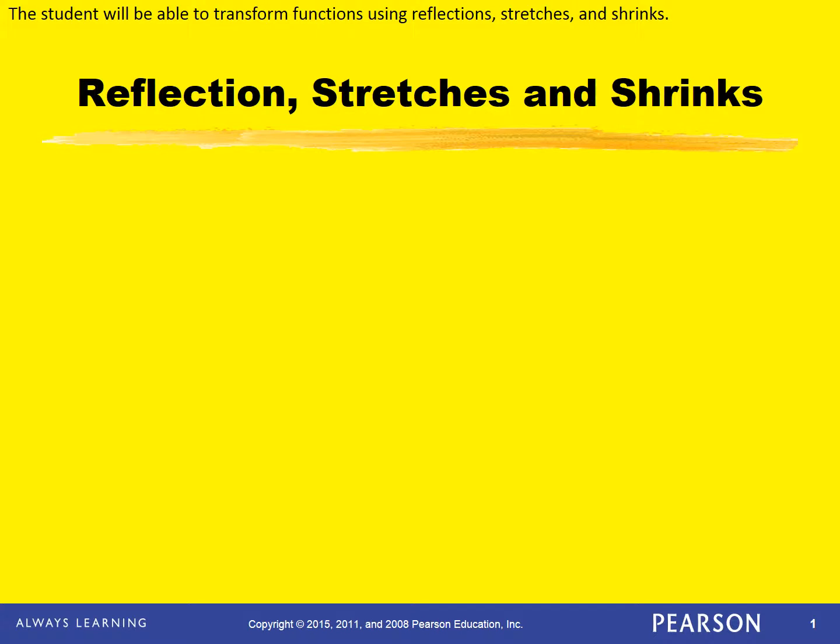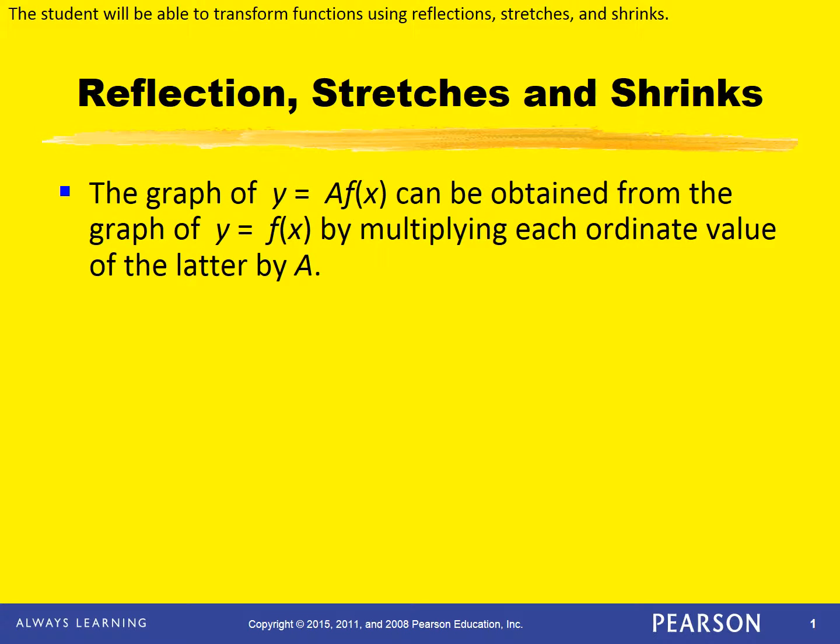Objective 3 of 2.2. We have more transformations now: reflection, stretches, and shrinks. The graph of y equals a times f of x. F of x, some function, is now going to be multiplied by a number a,